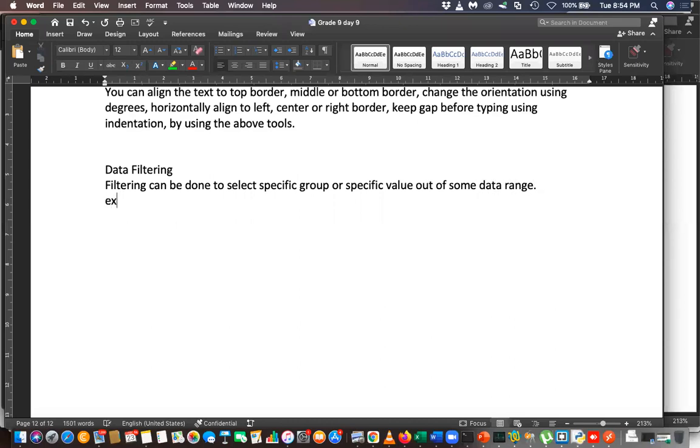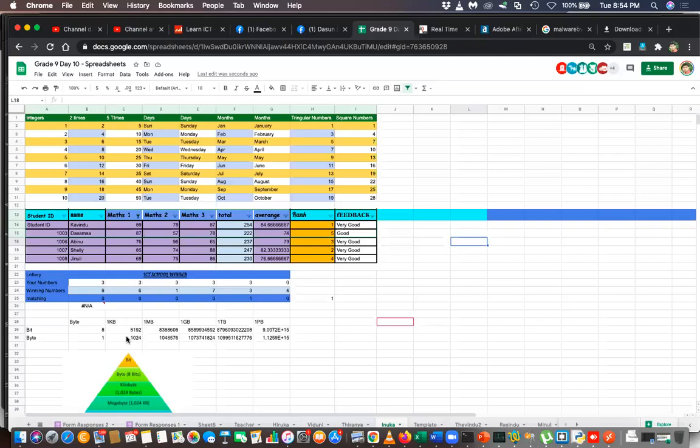Example, students who got more than 85 marks for Maths 1 paper. So that is this one. Students who got more than 85 marks for Maths 1 paper.